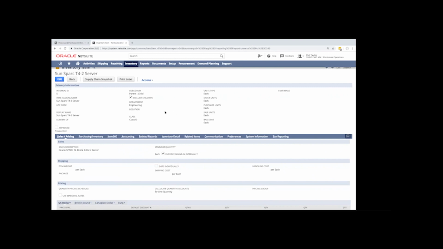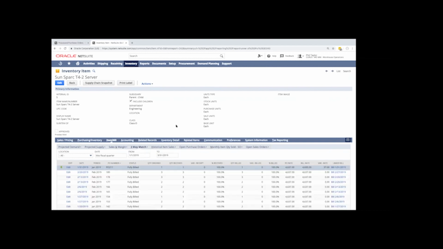And from here, I can actually do an item 360. Now let's go right into that subtab itself for the item 360, and we can see that we have a projected demand with a certain quantity, a base price, and a projected sales amount. We have the same for the supply. We even have sales and margin. So on hand, on sales order, on purchase order.